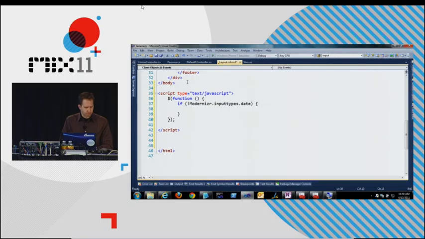I'm probably going to miss some curly braces here, friends. If you don't support dates, then go and load jquery-ui-1.8.11.min.js, comma,